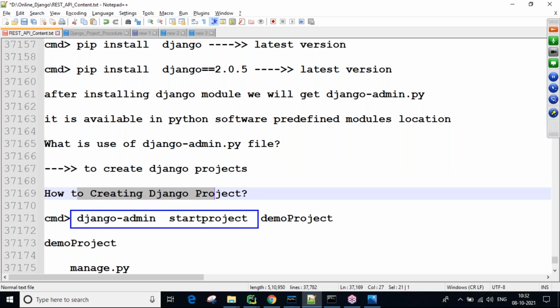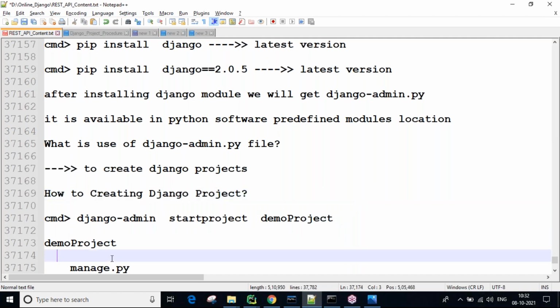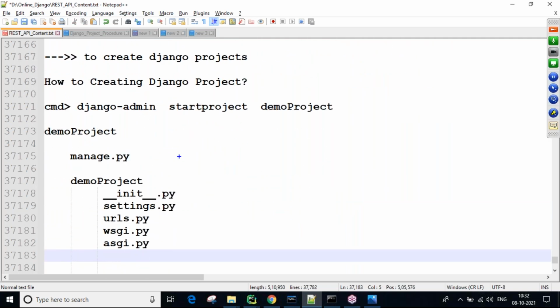How to create it? This is the command: django-admin startproject followed by the project name. Whatever you want, you can take it. This is a user-defined name; it can change from program to program. After creating this project, you get a project folder with this name, like a normal folder.